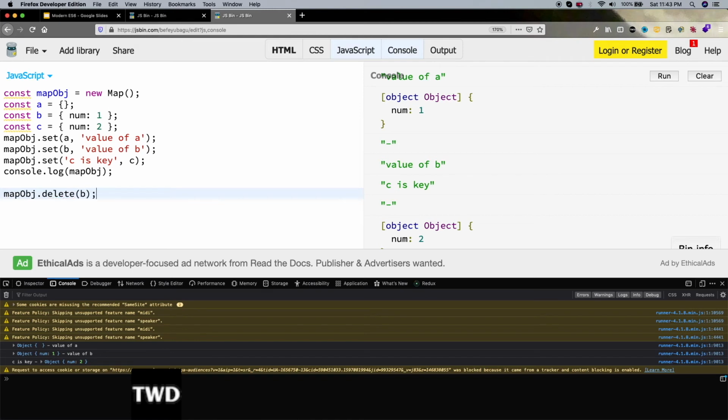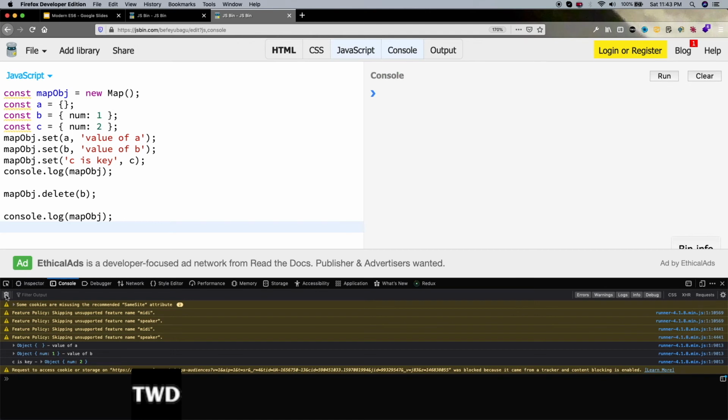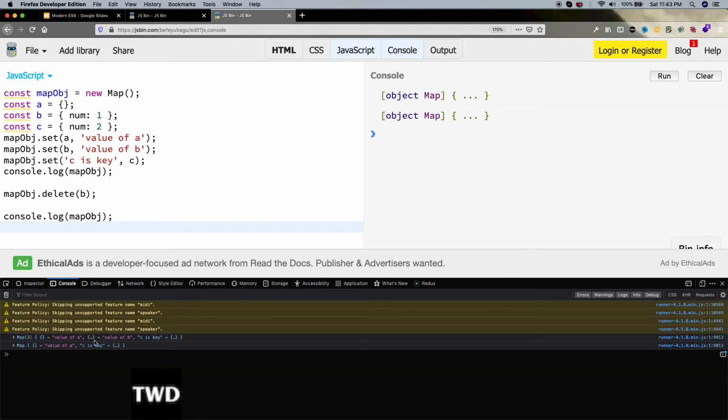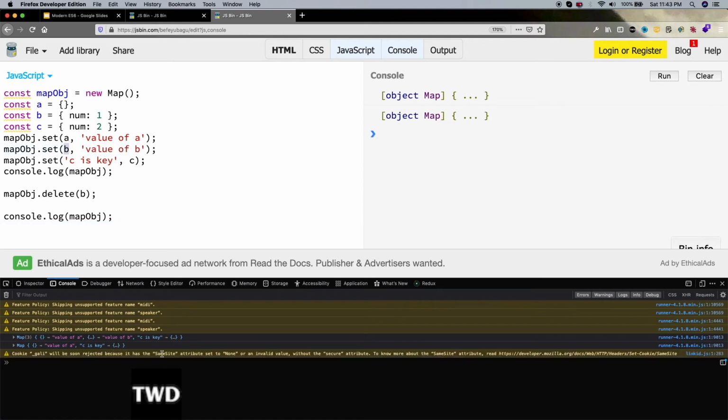We want to delete this. So let me have a console.log above and one here. Let me clear it and run it. The first one is having this, and in the second one this whole entry is deleted because we have passed this. So this is how maps work.